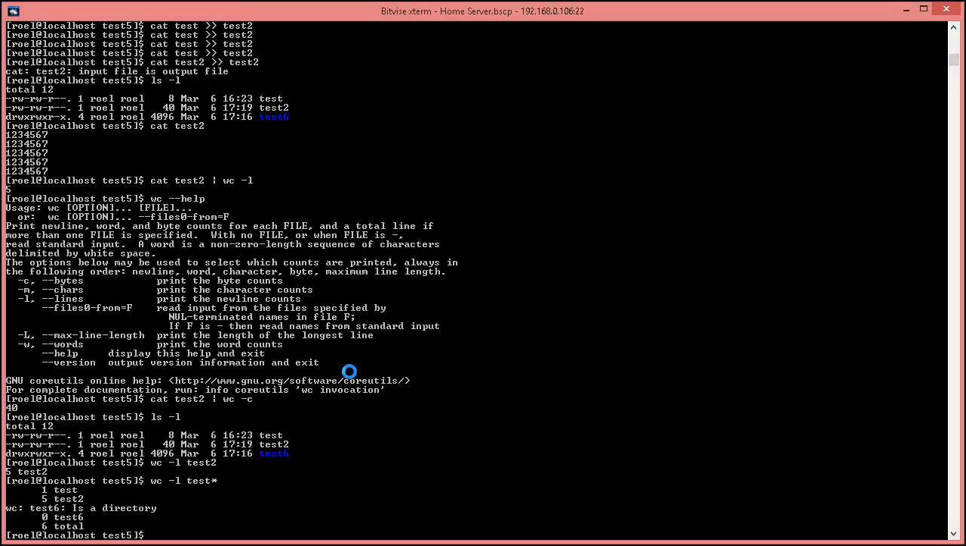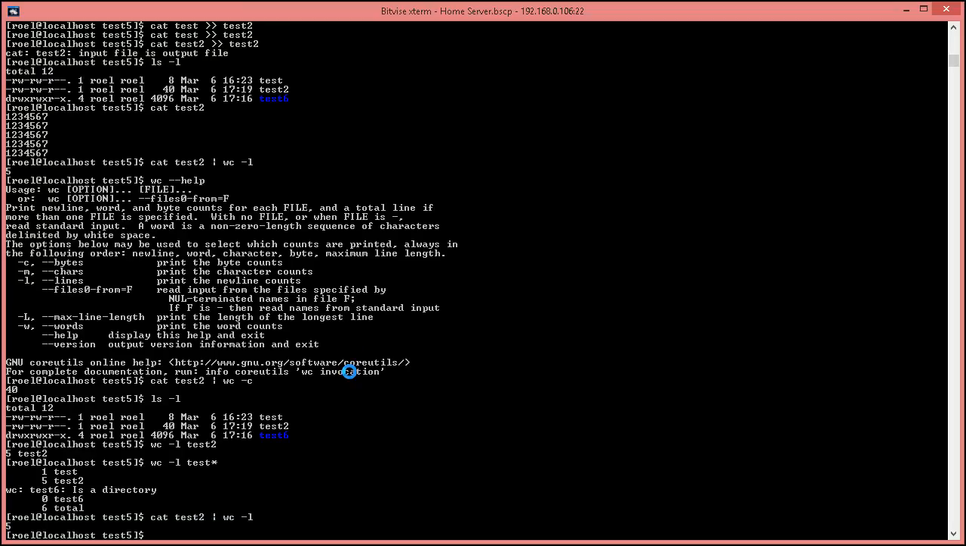In a script we would usually use something like this, simply because that's a nice way of getting just a single number back without any other information. Let's have a look at the sort command. For this we'll make a new file